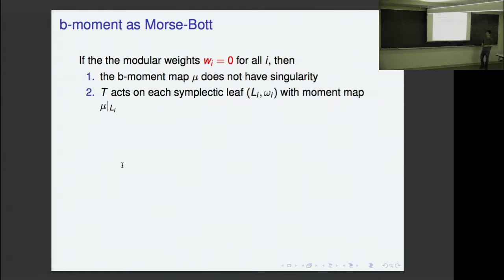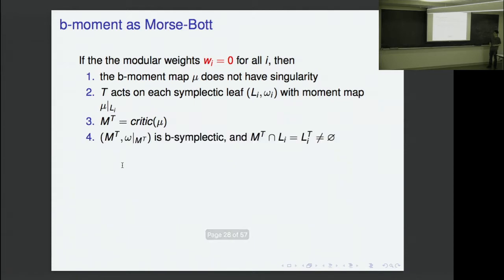And then we will have the T action on the symplectic leaf. So there will be a torus action induced on this symplectic leaf, and then the moment map will be just a restriction to this leaf. And then the fixed point set is going to be the same as the critical point set. And also, if we look at the fixed point set, if we take any components of the fixed point set, then the